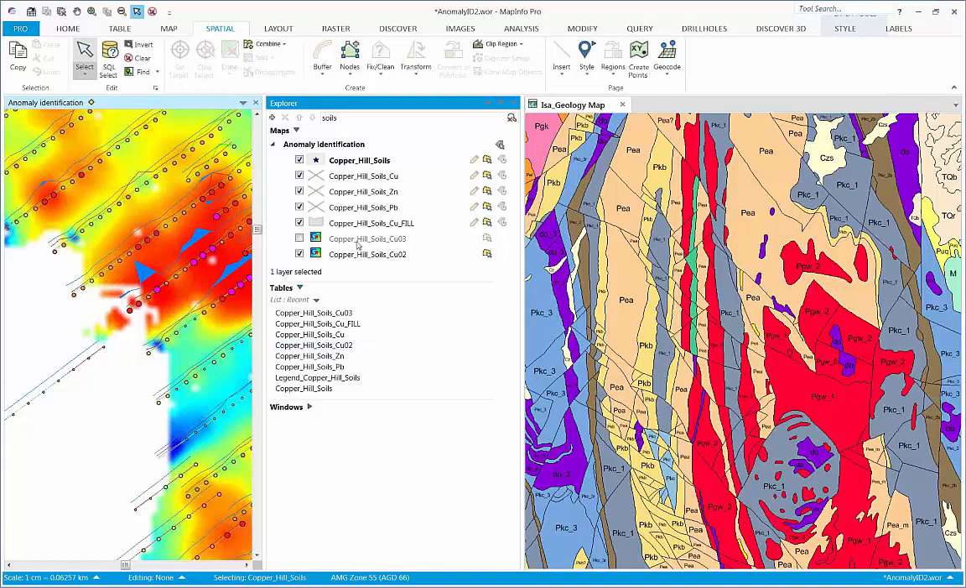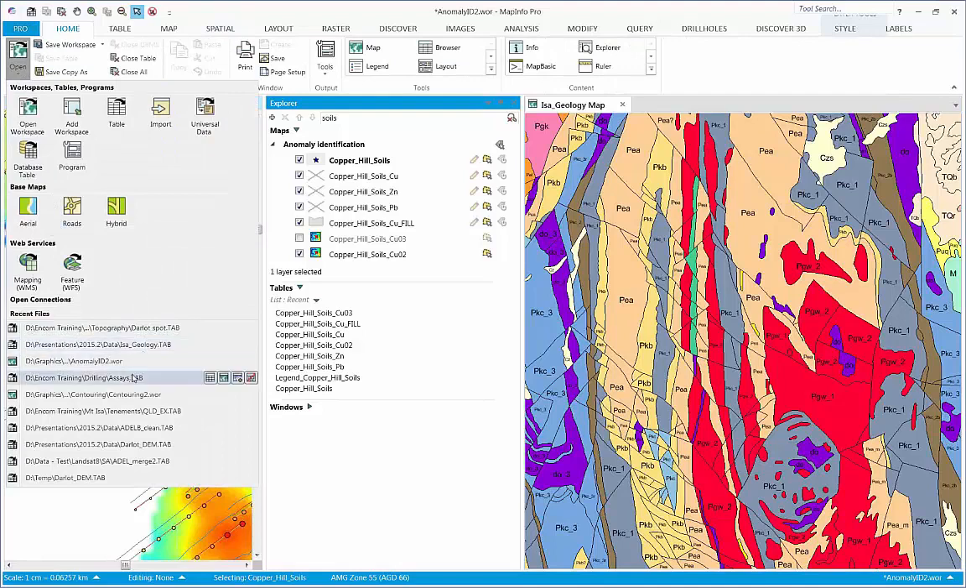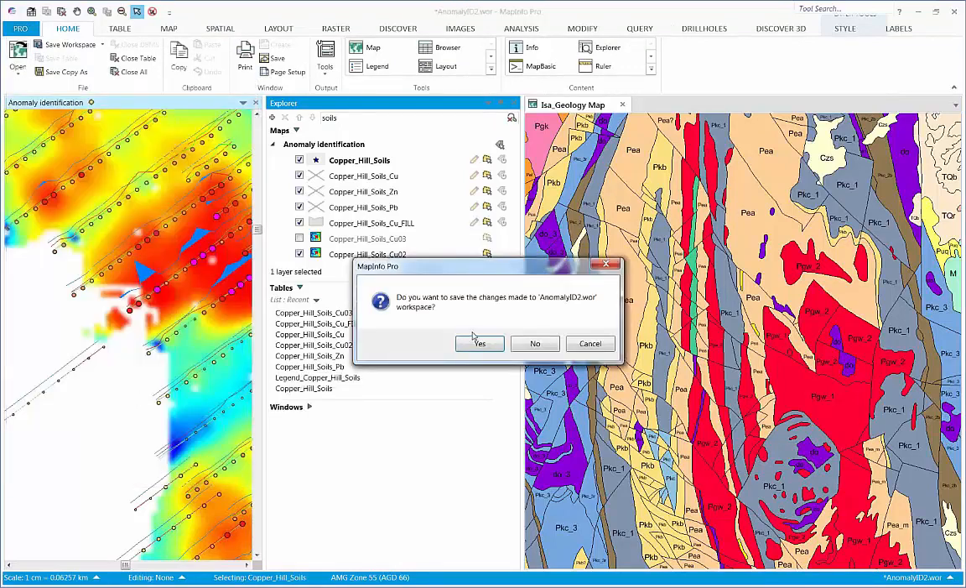Okay. The next thing I want to look at is workspaces. So what I'm going to do is, I mentioned this, I think, at the start of this. I've already got one workspace open, and I've got another data set open over here. Now, if I want to open up another workspace, I can go back to my, let's have a look, open up another workspace called contouring. As I said before, MapInfo Pro now